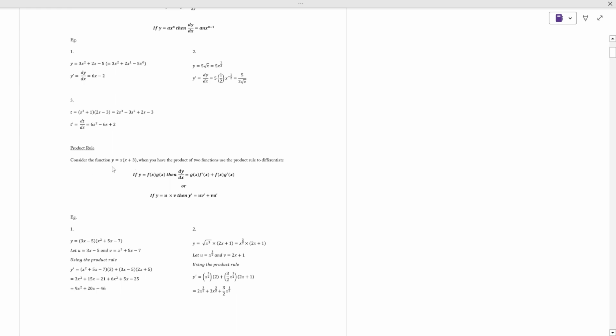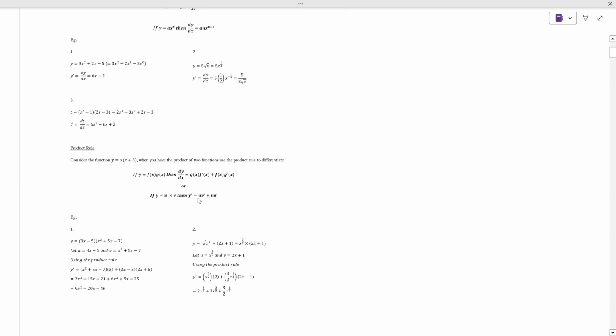So consider the function y is equal to x multiplied by x plus 3. When you have a product of two functions, use the product rule to differentiate. You've got x multiplied by x plus 3, so two functions. So if y is equal to f of x, representing the first function, multiplied by g of x, representing the second function, then dy dx, the differentiated function or the gradient function, is equal to g of x multiplied by f dash x. f dash x just basically means the differentiated function of f of x,